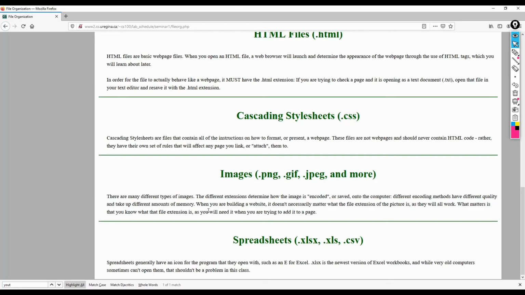And lastly, we have spreadsheets. Spreadsheets are pretty straightforward. They're usually .xlsx, and they usually have a spreadsheet icon when you see them in your folder, usually an E for Excel. You double click it, usually it will launch a spreadsheet file. Xlsx is the newest version. Sometimes the old versions don't launch properly, but that shouldn't be a problem in this class